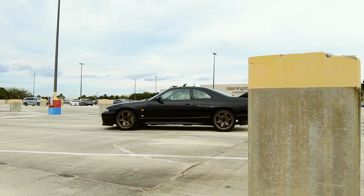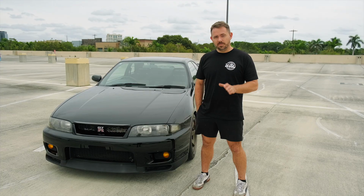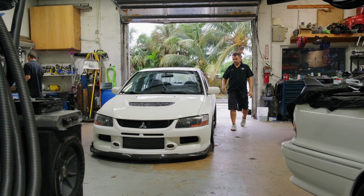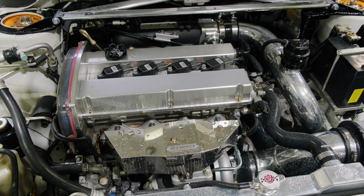Hey guys, we're back. Let's get right into it and go over this beautiful R33 GTR behind me. This is a customer of ours. He actually has an Evo already. We've done a small build on that car already. That car's in the shop right now. We're doing a motor for that particular car, but we went through the whole gauntlet, fixed that Evo up for